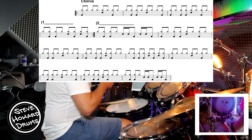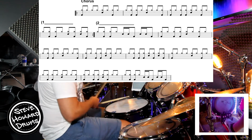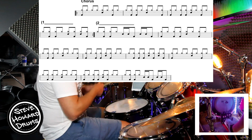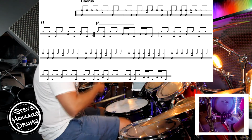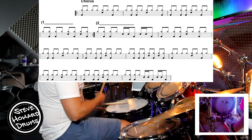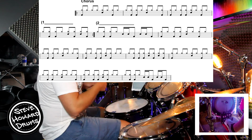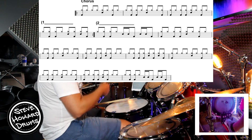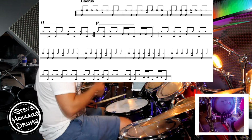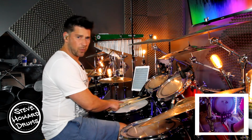And 1 and 2 and 3 and 4, and 1 and 2 and 3 and 4, and last two bars, and 1 and 2 and 3, and last bar, and 1 and 2 and 3 and 4, and it is quite quick when you play it up to speed,